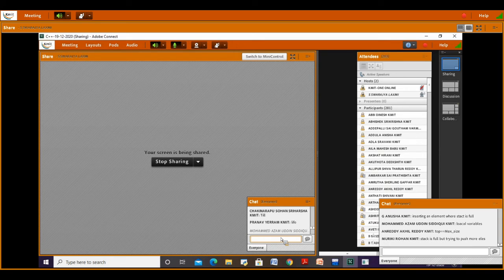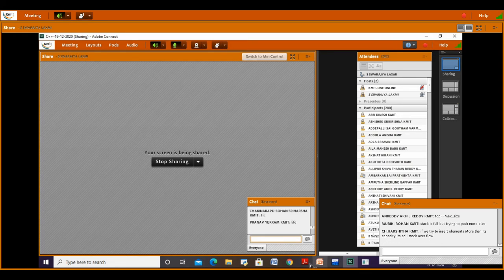And if there are no elements in the stack and we are trying to delete an element from the stack, then we have a condition called stack underflow. Deleting is nothing but popping an element from the stack. That operation we call the pop operation in stack.